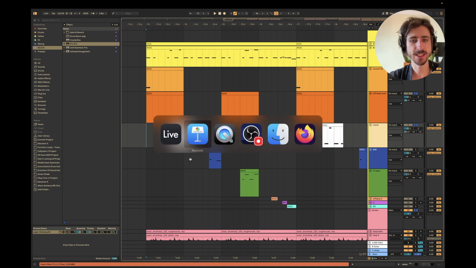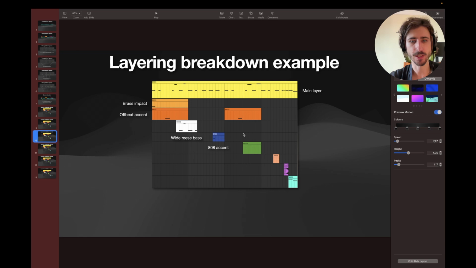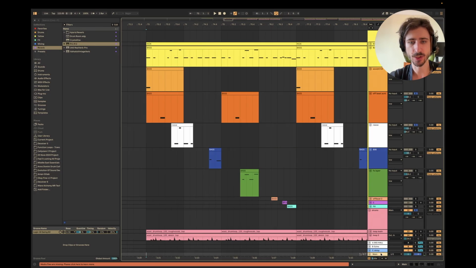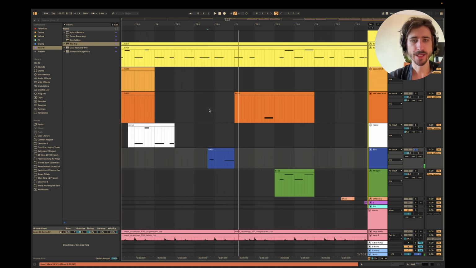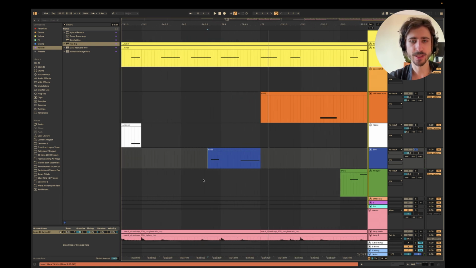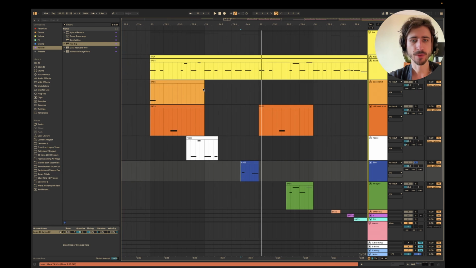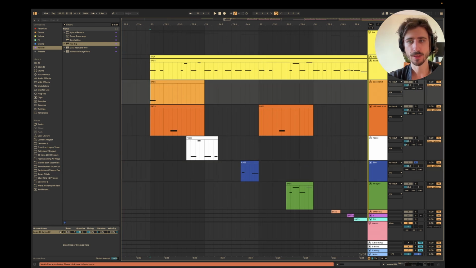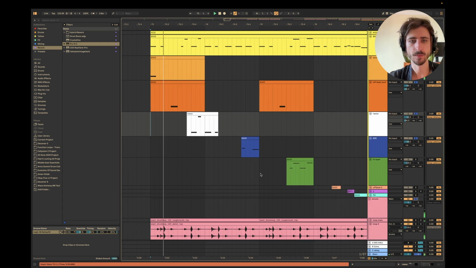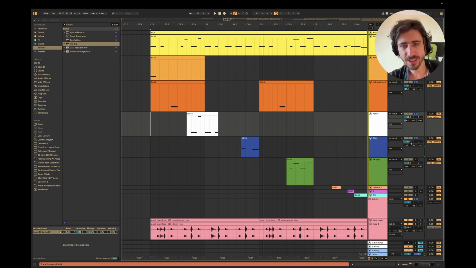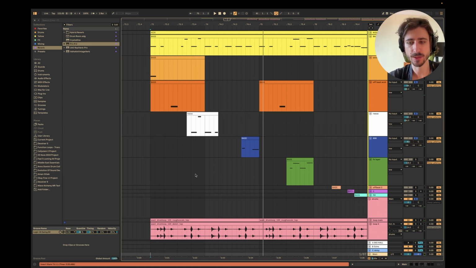Let's now talk about the next example, which is this little 808 accent. First I'm going to solo, and it's going to sound like this. It's pretty cool. You can see that I'm using it in between. So I'm not layering on top, and I'm not layering instead of the main notes. It actually goes in between, right? So let's play this all together. And it's going to sound like this, with the drums as well. It's really subtle, but it does add a lot. If we listen on speakers,